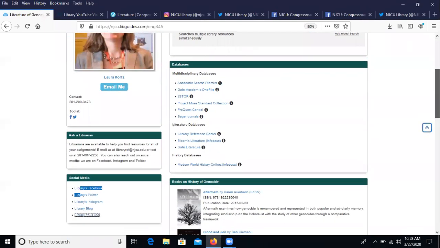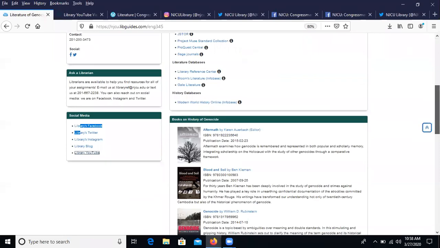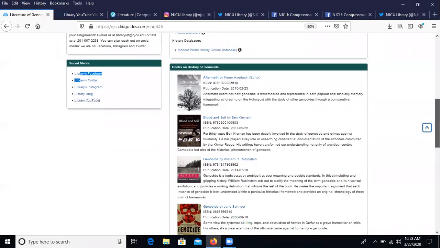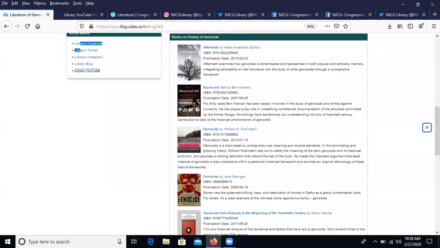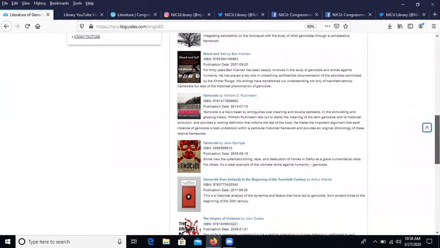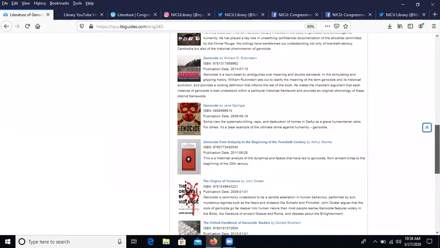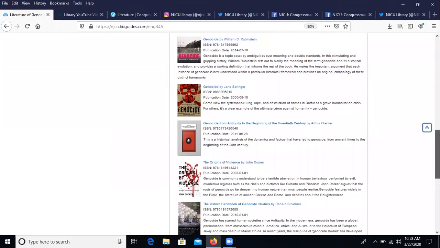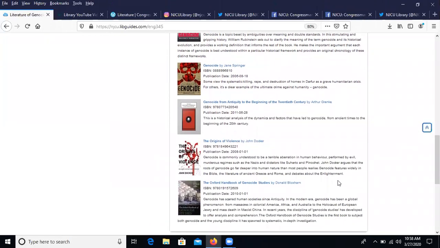I would actually start with books on the history of genocide, okay? Books are wonderful because they provide you with broad overviews of subjects, and they also go into depth about that subject. All of these books that I chose are general treatments of the topic, and they are fairly current. You could begin with something like,